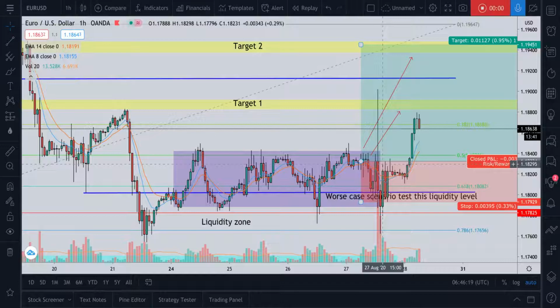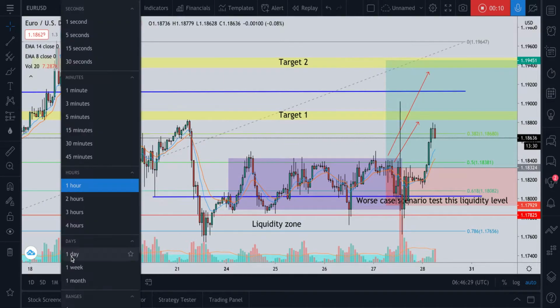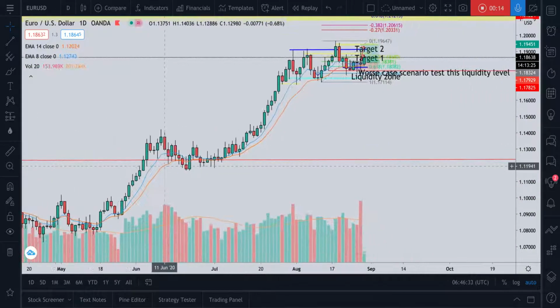Quick update on Euro USD. So yesterday I did a similar post on Euro JPY. I said, okay, we're gonna take long positions in Euro JPY. Then I said I'm gonna explain later. So this is the explanation. Yesterday when I was looking at Euro USD, I was like, okay, we